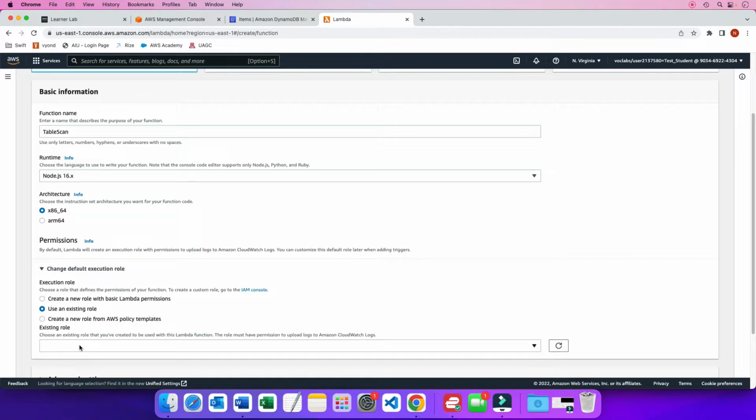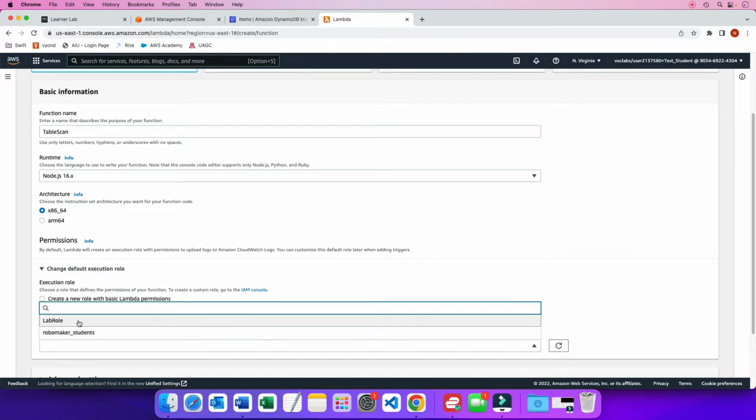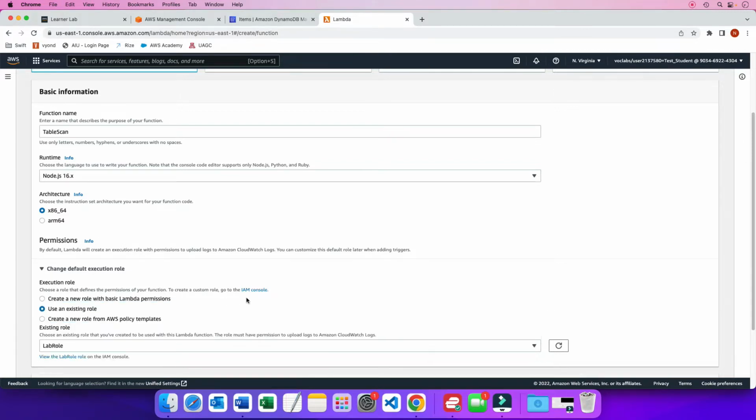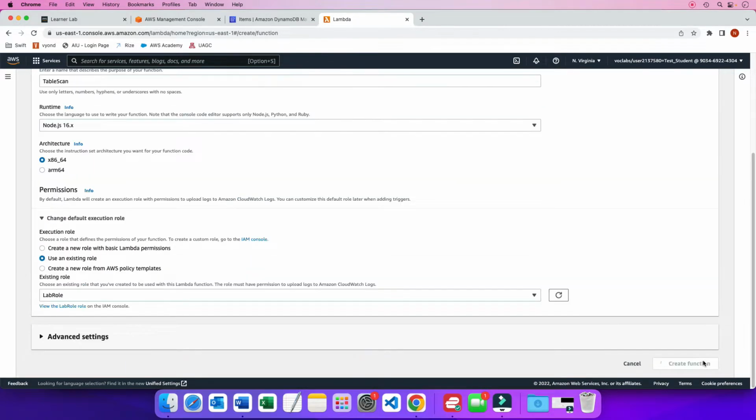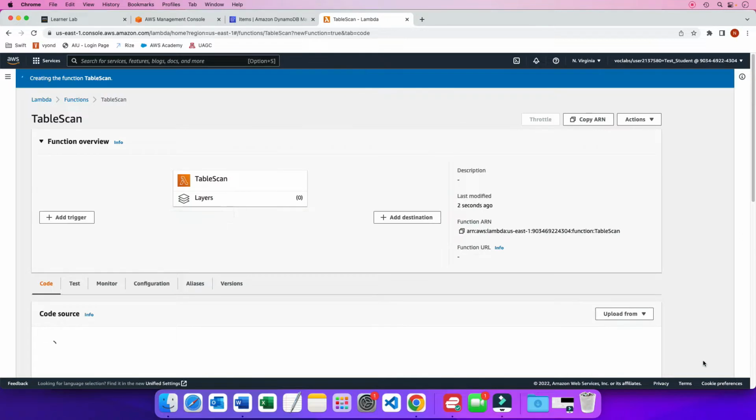And then when you click on the pull down arrow, you get lab role. We don't need to use RoboMaker for students. That's for something else, not for us. We're going to be using lab role for the entire class. So click on lab role, and then come down here and click on create function. And now it will work. Okay, so now I've created a